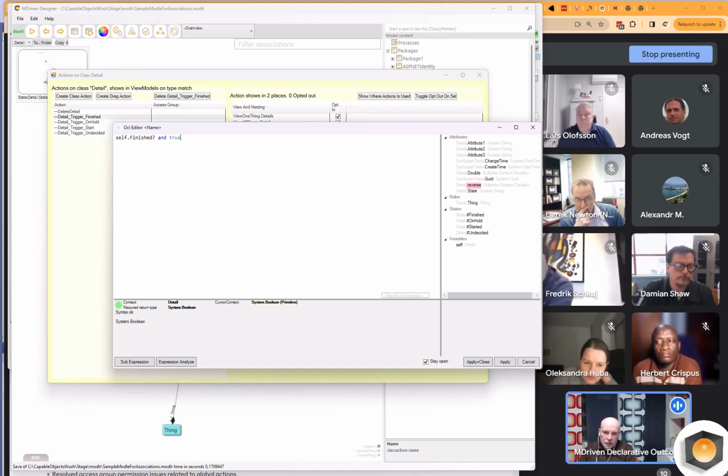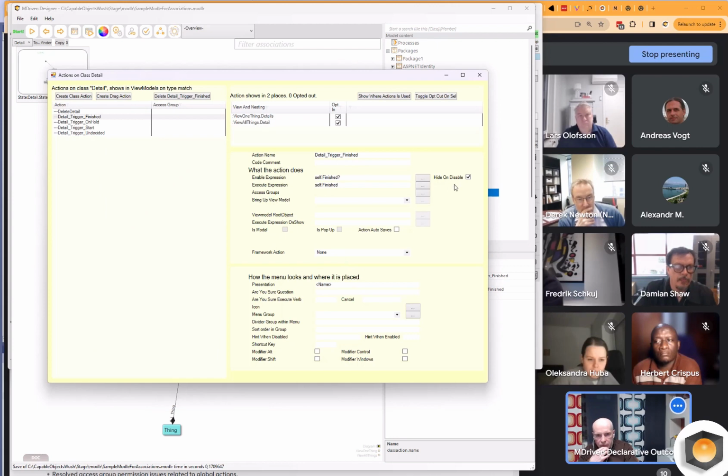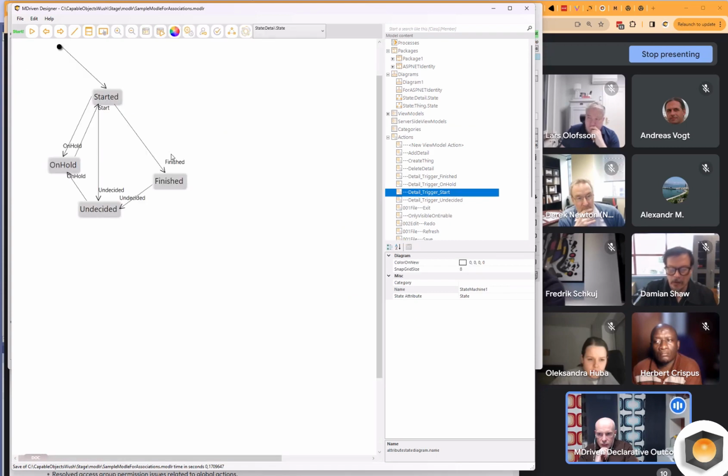And that could be any expression, of course. And then it didn't follow the pattern. And then all these actions started showing up again all the time. And that wasn't very good. So a better way that we introduce now with this release is to allow for any action to be hide on disabled. And particularly the actions that you create this way.